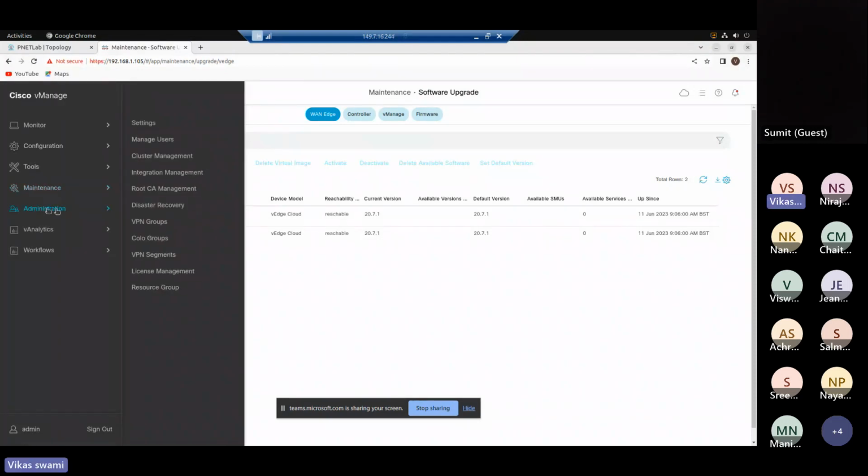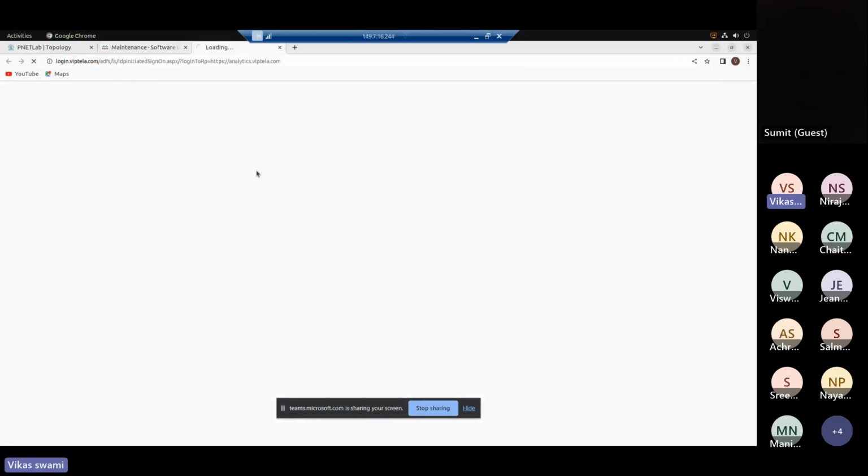Okay, so the next is your administration. So these are the options that you have. Then this is a tool, vAnalytics. I think you require licensing or something for that. It's more like an analytics tool where you will have all your NetFlows and everything configured, and you can see what the throughput of your firewall is. If there is a DDoS attack going on or some kind of signatures, antivirus stuff is required,